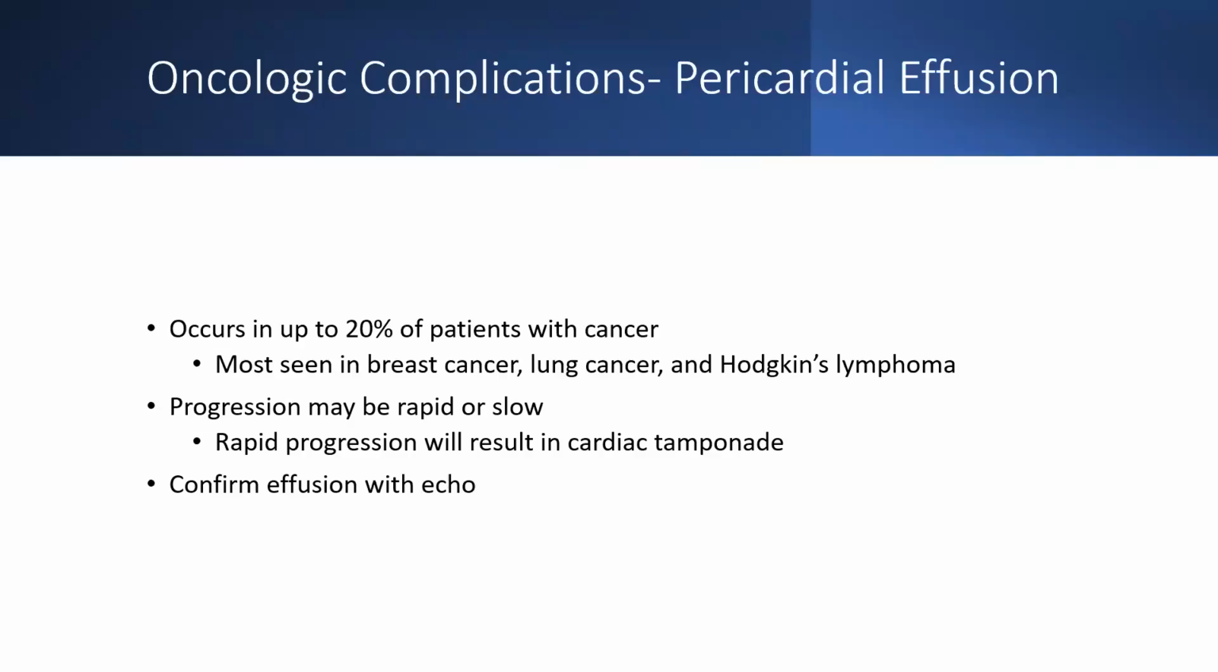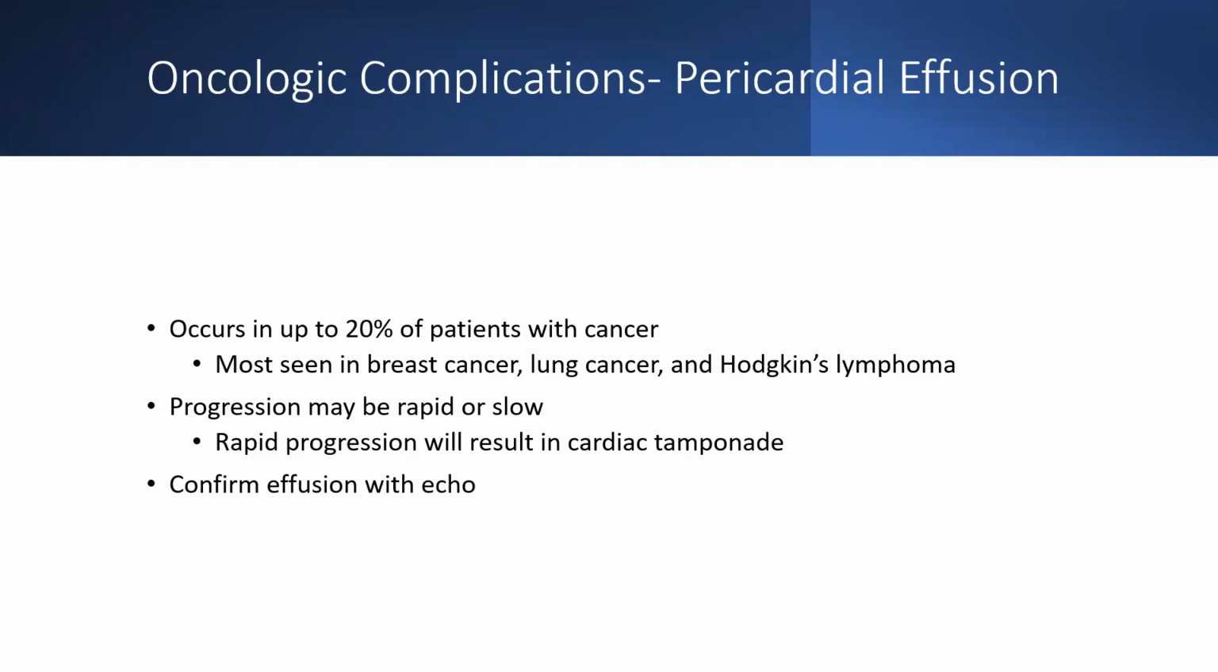Switching gears yet again, some oncologic complications that might pop up on your exam, particularly pericardial effusions. This event may occur in up to 20% of patients with cancer, and it makes sense that it's going to be mostly seen in those patients with some sort of chest cancer, like breast cancer or lung cancer, or even Hodgkin's lymphoma. With the pericardial effusion, they may develop that